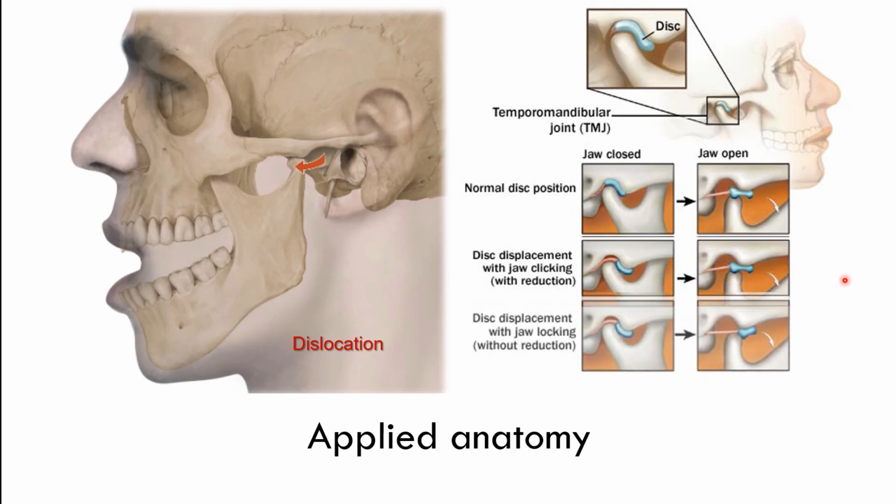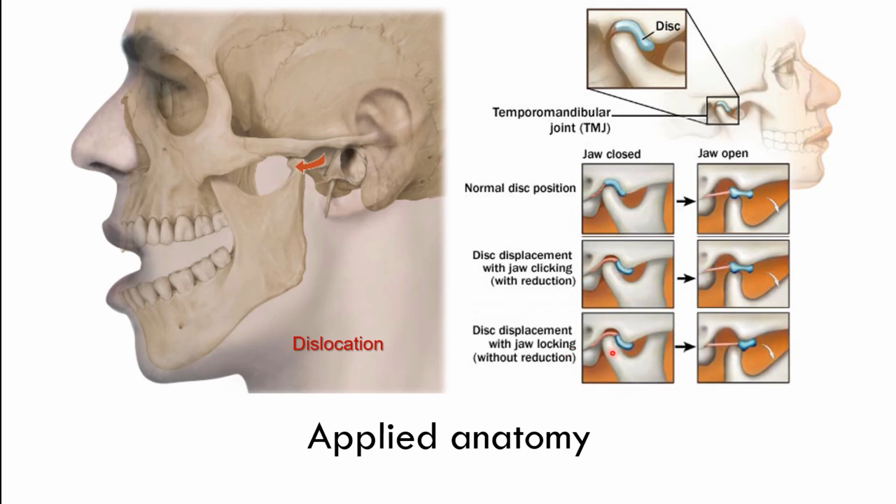In extreme conditions, the head of the mandible cannot move forward. The jaw cannot be opened because of obstruction by the posterior thickened border of this disc. In such conditions, there is no click, but the jaw is completely locked. The person cannot open the jaw without reduction. The joint again cannot be reduced or closed.